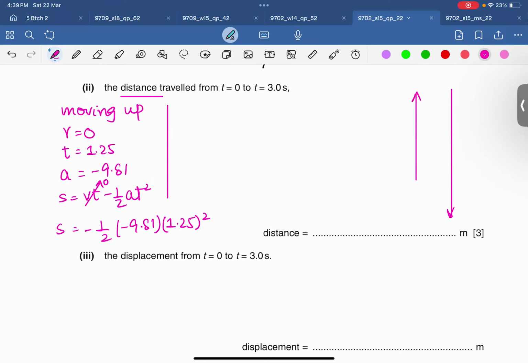How much? 7.66. 7.66, fine. So this is the distance the ball takes to move to the maximum height, and